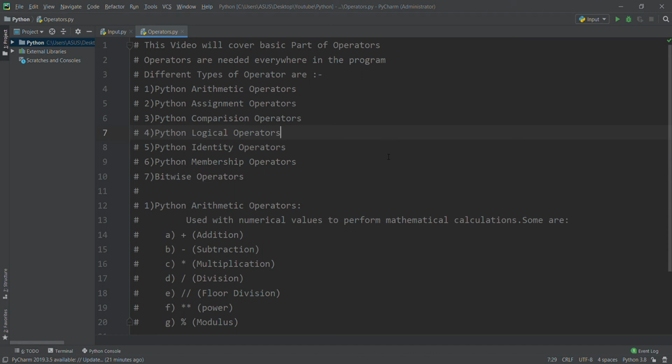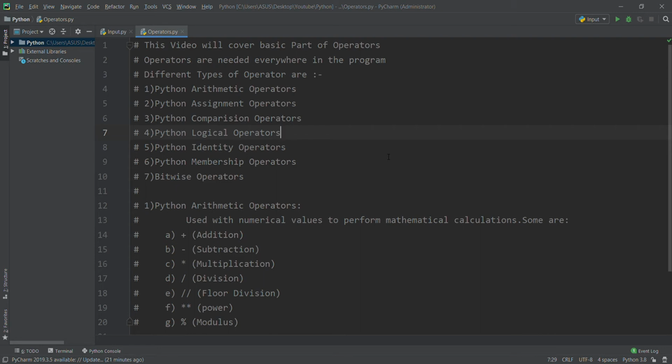In our last video tutorials we discussed variables and now it's time to jump into operators. Operators refer to the operations that we perform on variables and values. For example, when we want to add two numbers like x and y variables, we have to use an addition operator. There are a lot of operators in Python that we use every day in our programs. So operators are a basic and the most important part of programming.